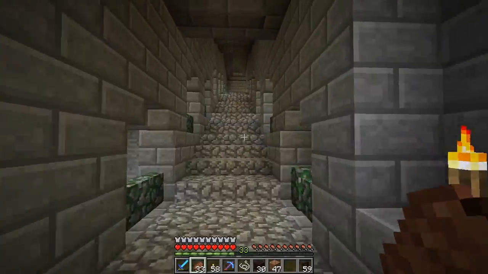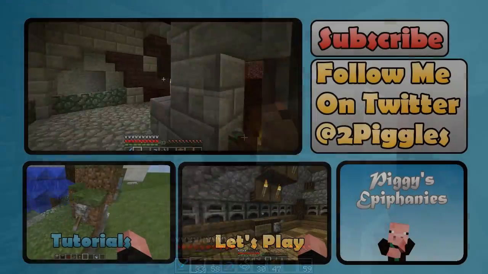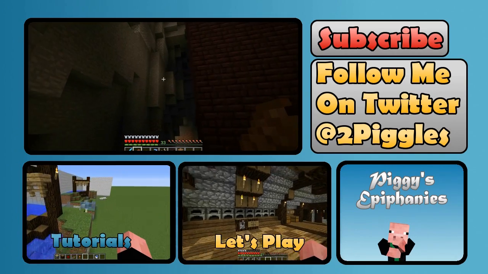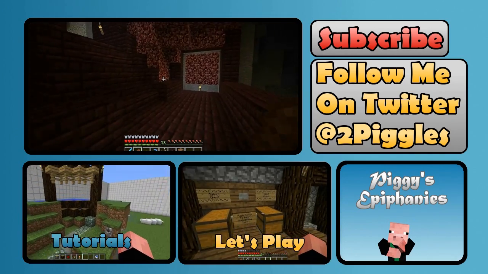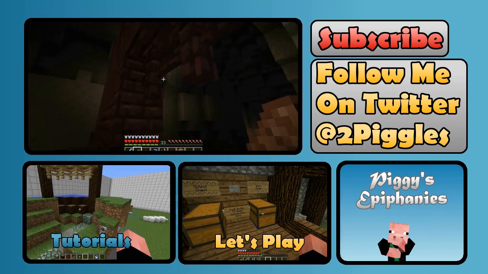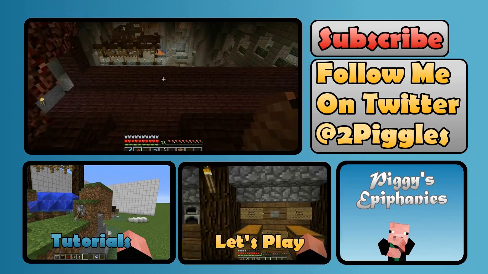So I think I'm just going to run back up here, and I don't have a bow and arrow, so I can't shoot the skeleton. But I tell you what, when that lava's flowing and it lights up the area, probably won't have to deal with you anymore. Yes, you. And he sees me, so I think I'm going to move,